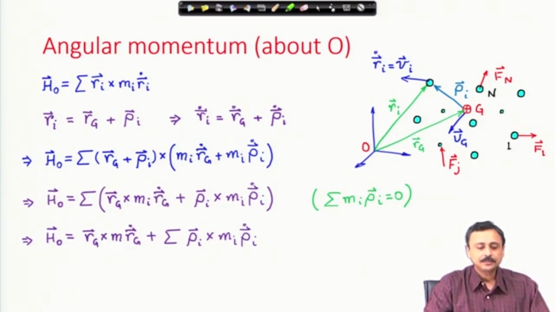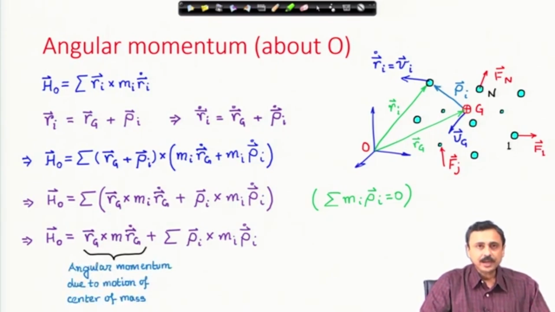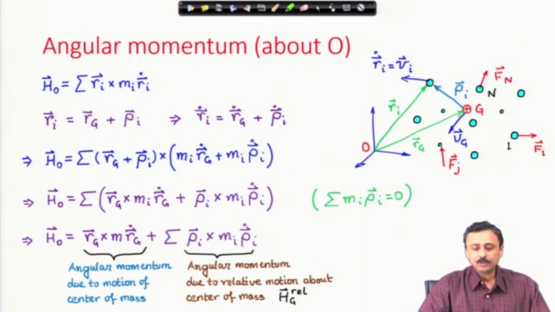I can therefore write it as r_G cross m r_G dot, which is the velocity of the center of mass, plus this, which is because of the relative angular momentum. The first term on the right hand side is the angular momentum due to the motion of the center of mass. It is because of the motion of the center of mass about O that produces this moment of linear momentum of the center of mass, and the whole mass is concentrated at the center of mass. Therefore, it is the angular momentum due to the motion of the center of mass with the whole mass concentrated at the center of mass. And the second term on the right hand side is the angular momentum due to the relative motion of the particles about the center of mass,